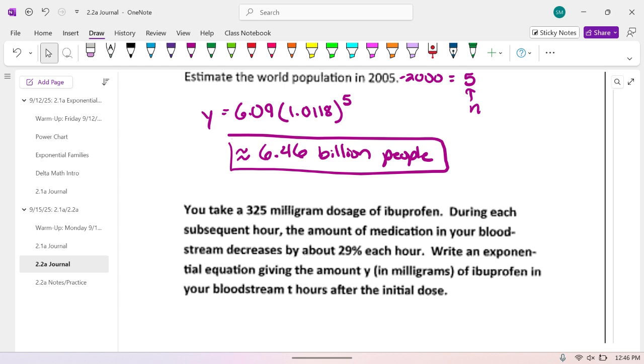During each subsequent hour, the amount of medication in your bloodstream decreases by 29% each hour. And let's write the equation to show the amount in milligrams of ibuprofen in your bloodstream after T hours after the initial dose. So, the best way you can describe this, if you don't know medicine that well,